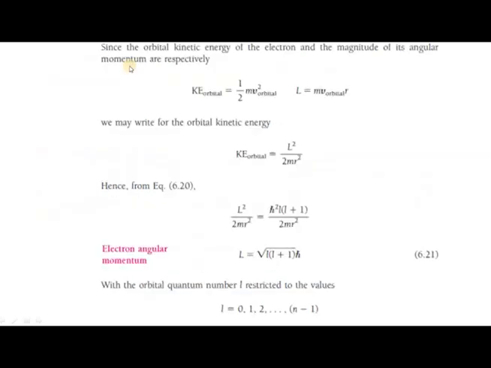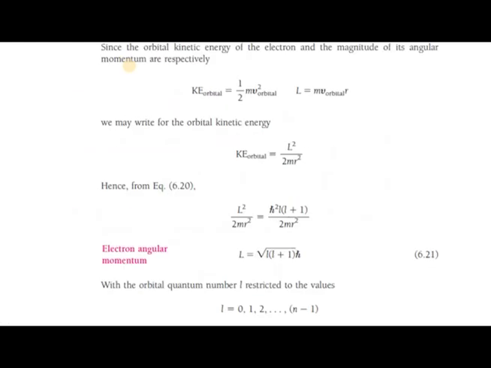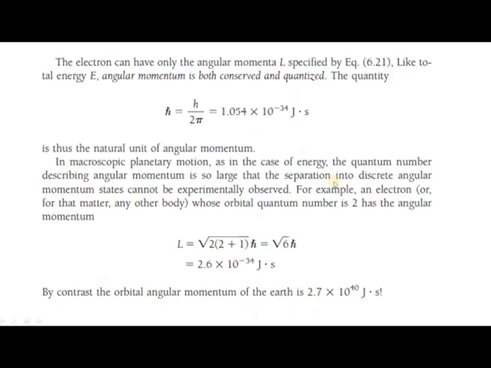Okay. So what does this indicate? It gives the quantization, and you have reached there. Angular momentum values can have only specific discrete values depending upon the value of L, and L cannot take any continuous values. L cannot take 1.2, 1.4 or anything like that. But the values L can take are only 1, 2, 3 up to n minus 1. So you get only specific quantized value for angular momentum magnitude.